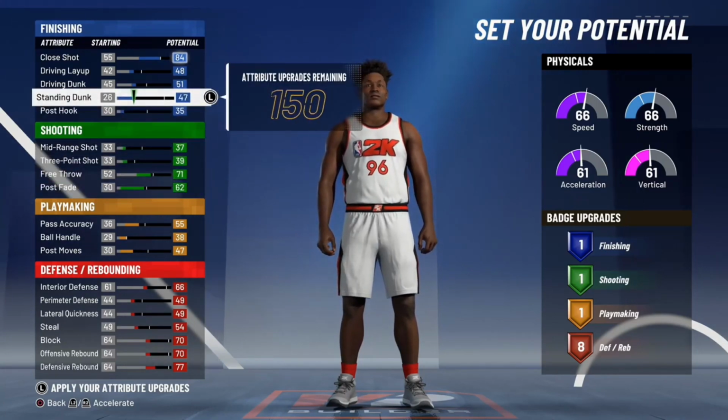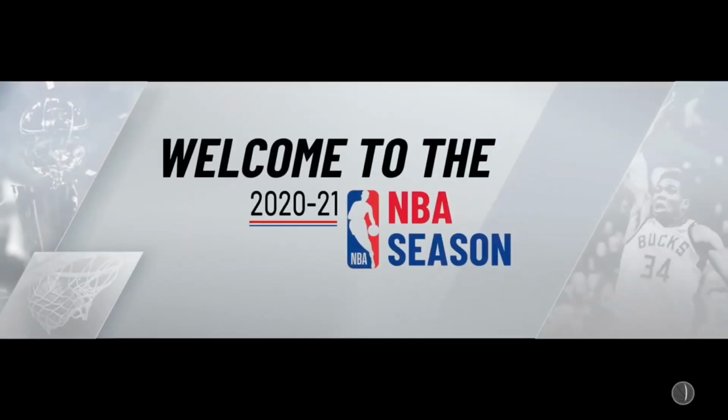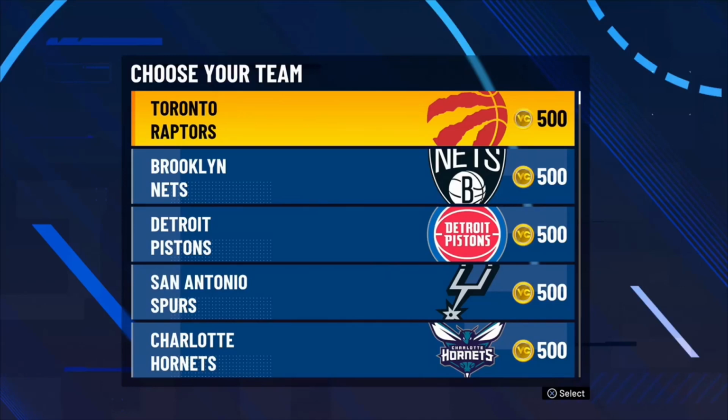It's going to ask you, do you want to skip or do you want to play the story mode? What you want to do is skip straight to the NBA. Now when you skip straight to the NBA, it gives you a list of teams. Just pick a team that's not going to make it to the finals. Like, I know the Cavaliers is not going to make it to the finals, so I just picked the Cavaliers,